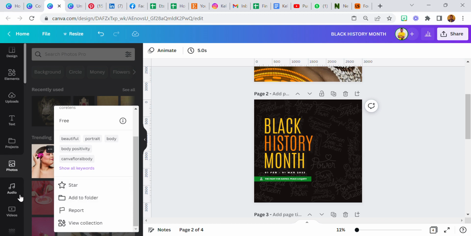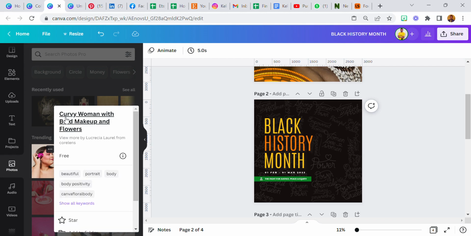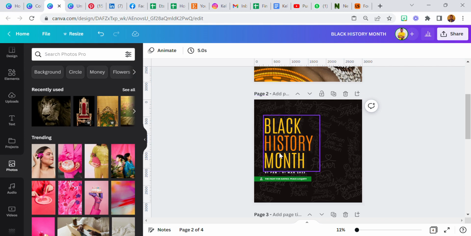And yes, if you add it to any folder, like you can see I have a lot of folders here, I can just add it to any one of them, so it'll be easier for me to locate them when I want to use them in any design. So moving on, and like I said,